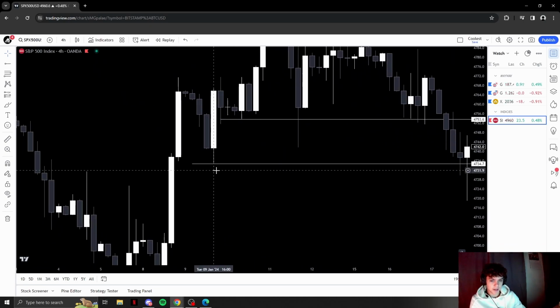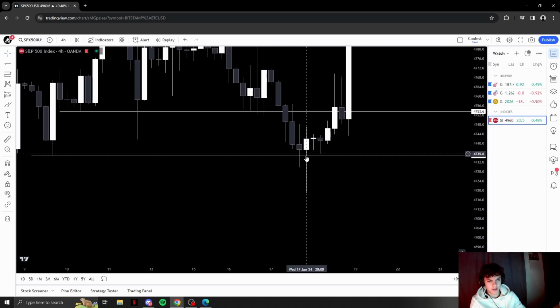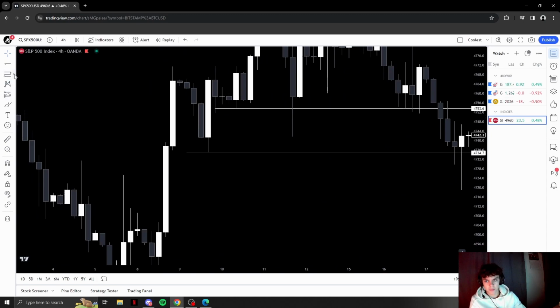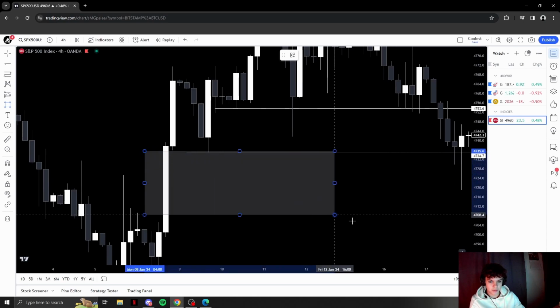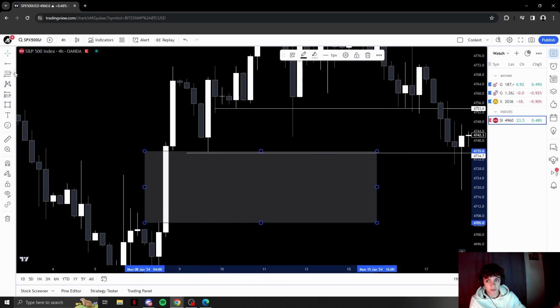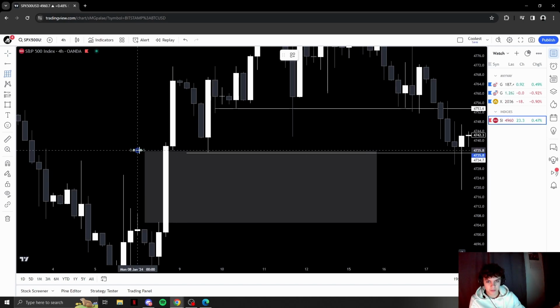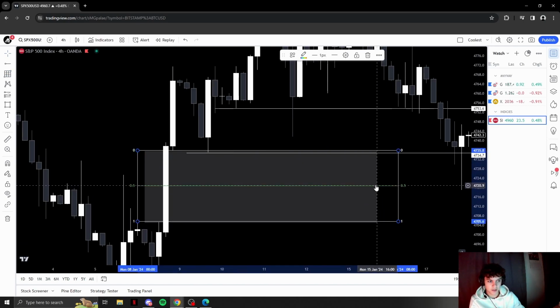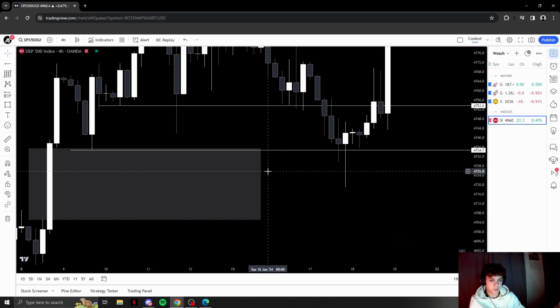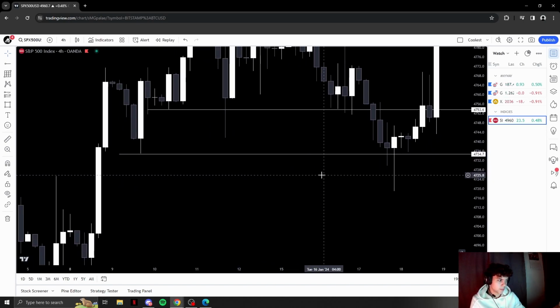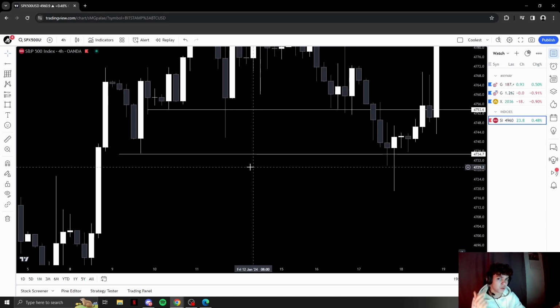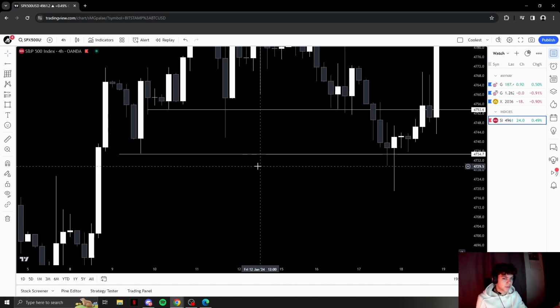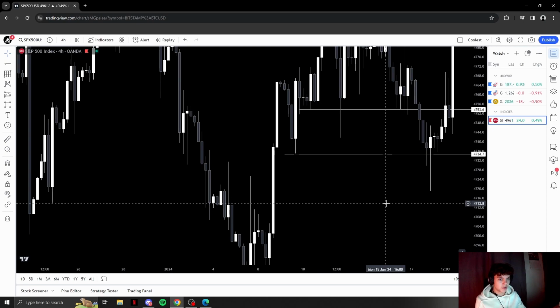And here, the liquidity that I marked out gets swept, plus this fair value gap also getting filled, and this whole fair value gap also getting filled right here. So that's even more confirmation. But what I usually do is when I see a liquidity sweep on a higher time frame, after that I go to a lower time frame and seek a break of structure, like on the 5 minute. It depends what pair you are using.